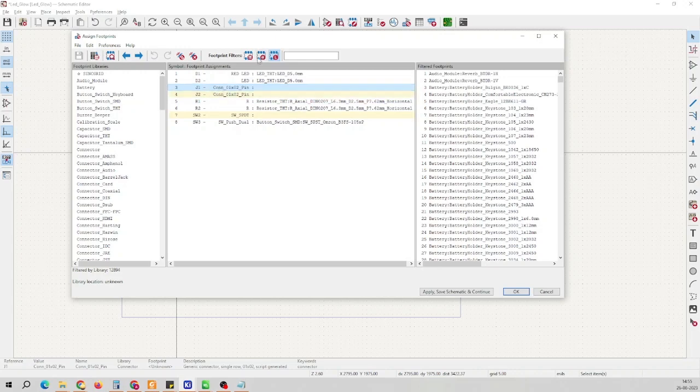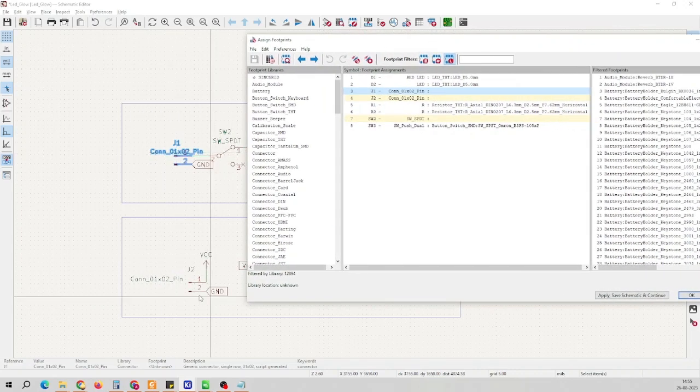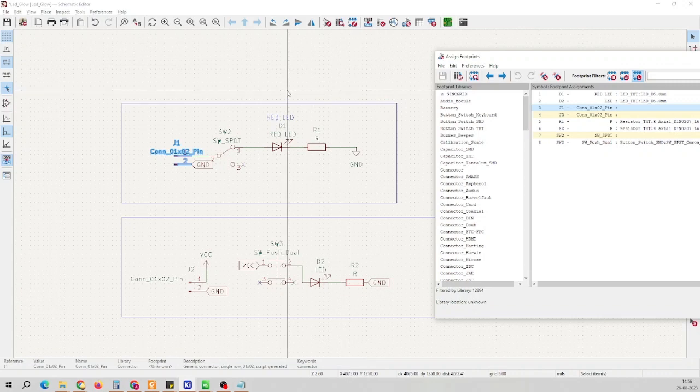In some of your schematic, J2 might not be visible, and that is because we have decided to divide the